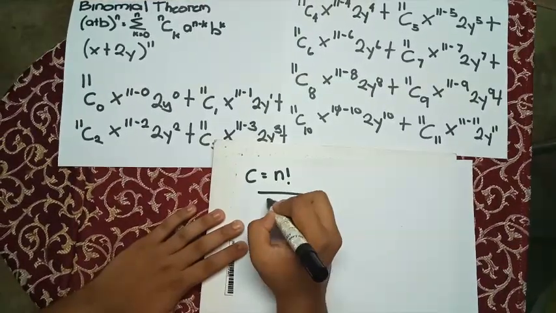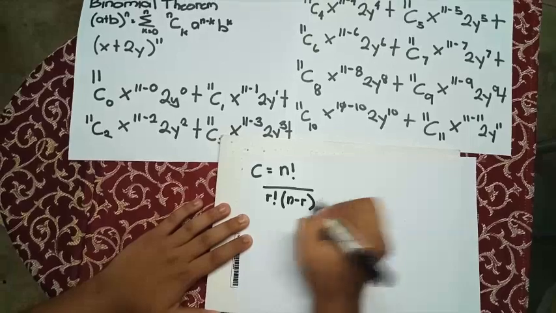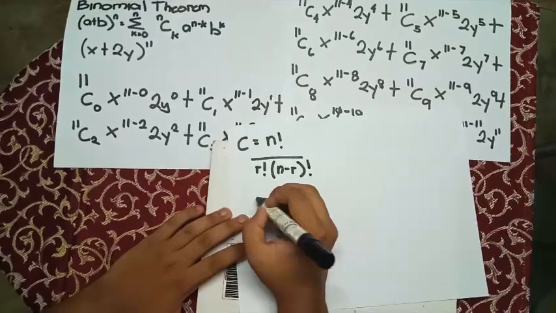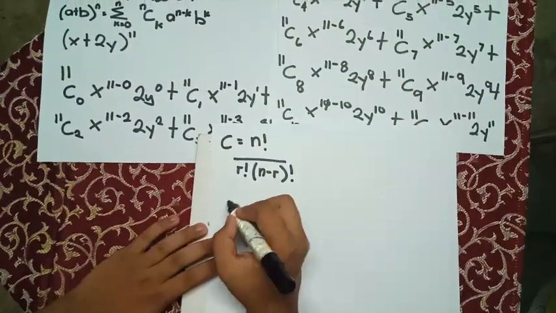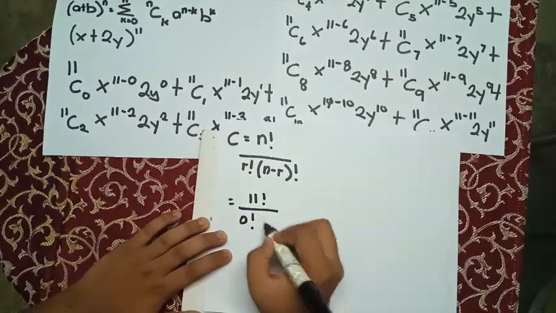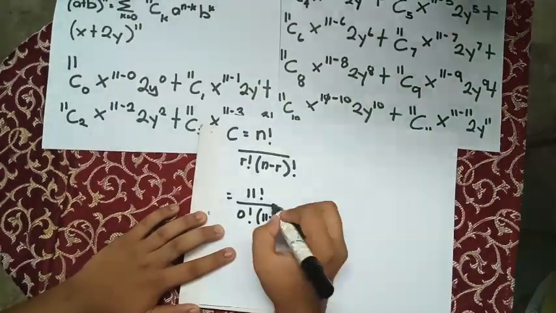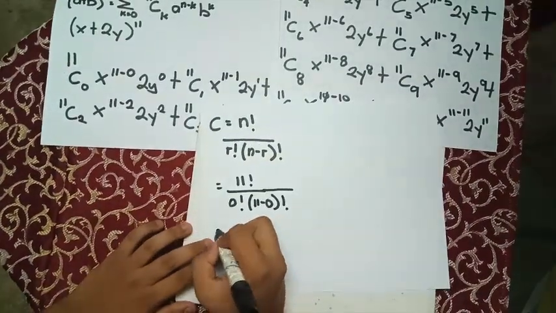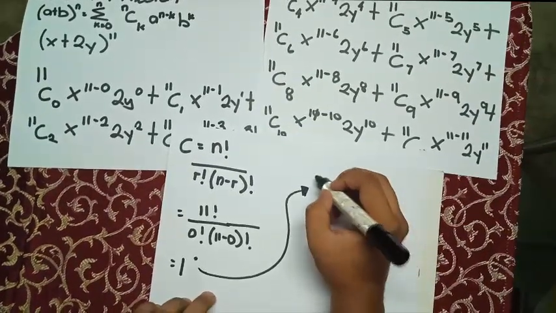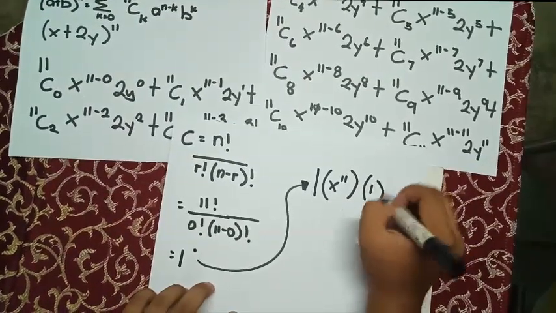After that, use the combination formula: C equals n factorial over r factorial times n minus r factorial. Then, the first term will become 11 factorial over 0 factorial times 11 minus 0 factorial, and equals 1. And the first term will become